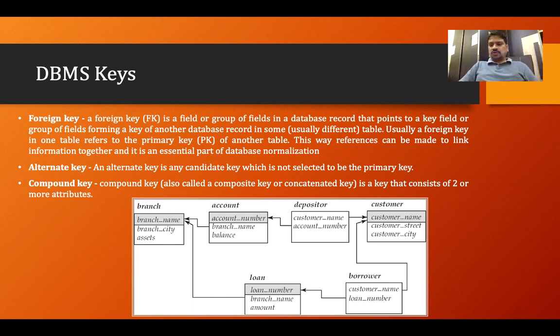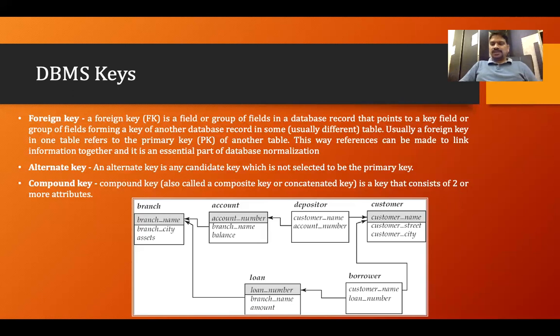Getting it? So student table and library table could be making a relation based on a common attribute. So what is a common attribute between library table and the student table? Student table has the roll number and library table also has the roll number, but roll number in the library table is not the primary key. It will act as a foreign key, and book ID will be the primary key for the library table. Getting it?